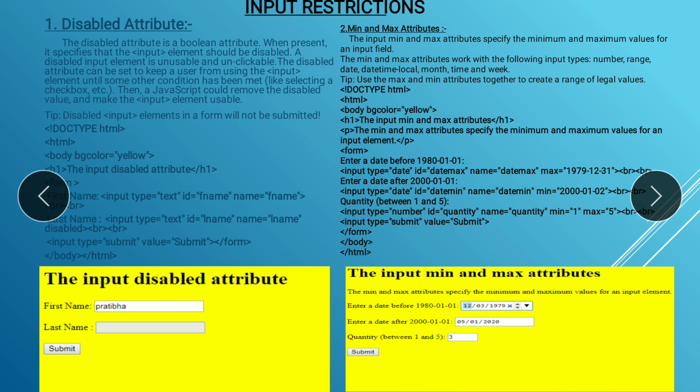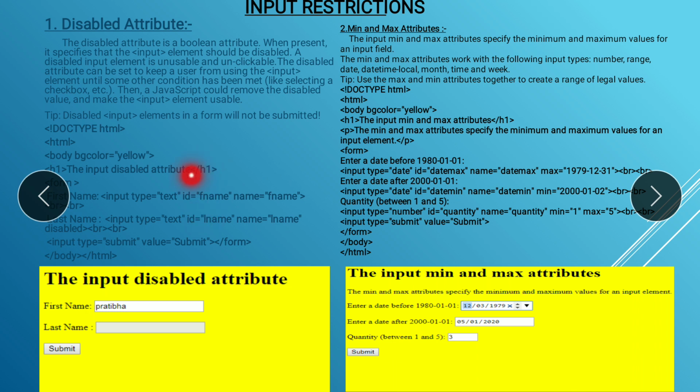Okay, so students, you can see here, this is a program. This is the first name where input type equal to text, id name fname, etc. Here I took basically two text boxes, and I provided the name and id.